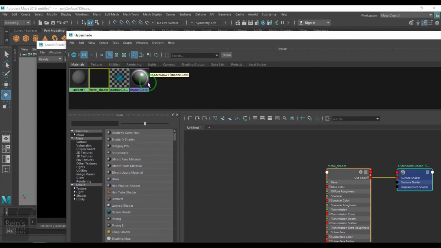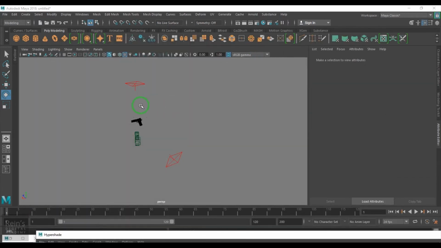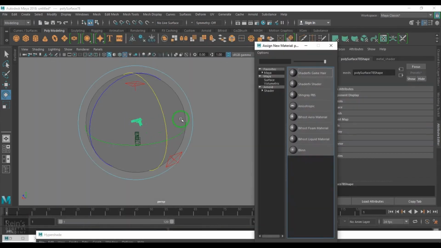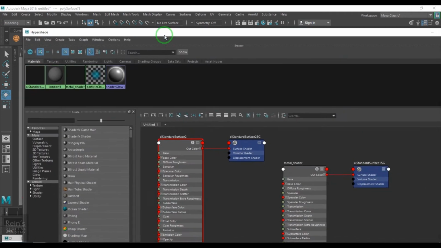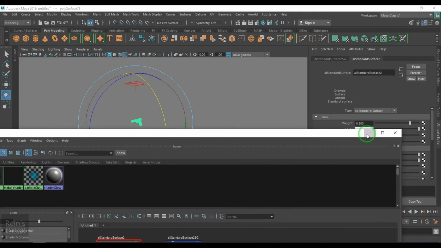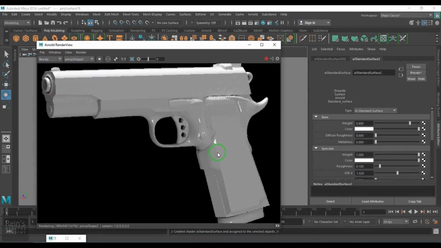So I'll open Hypershade so that we can play with the textures. Firstly, we have metal shader, which is this. I'll delete unused nodes, so I just want to clean up my Hypershade.